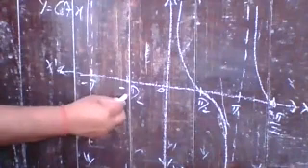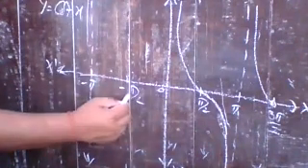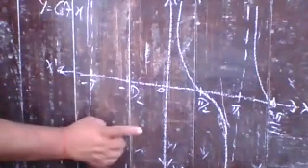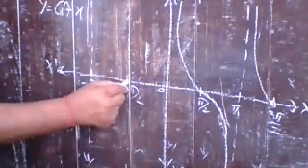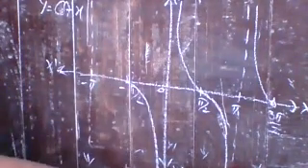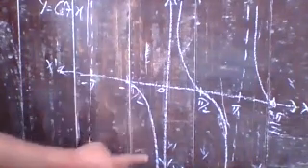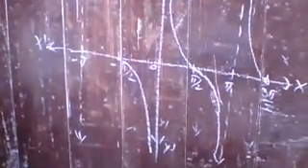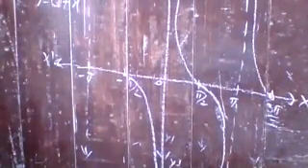Now come to negative direction. For 0 to minus pi by 2, which is the fourth quadrant, and in the fourth quadrant cot is negative, and at minus pi by 2 it becomes 0. So you can draw like that. Yes, it is moving towards minus infinity, meaning it decreases in negative direction.